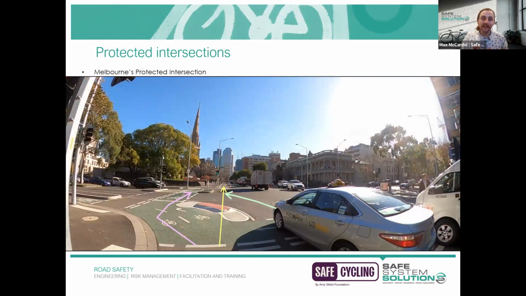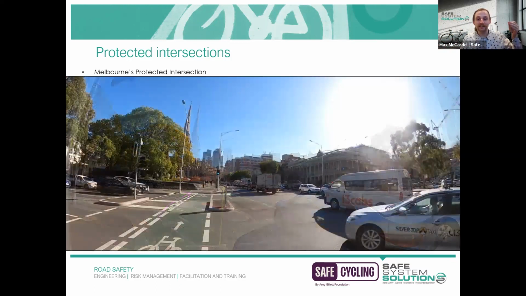Where the yellow arrow is, hopefully it's very clear why, if you were in this situation as a cyclist and that left-turning vehicle was there, you're in a pretty dire situation, because you need to make a decision. All right, that taxi driver has not seen me. I need to put on my brakes and hopefully brake in time before a collision, or I need to speed up and pass that taxi driver. But having that offset there, as you'll see in the next slide,